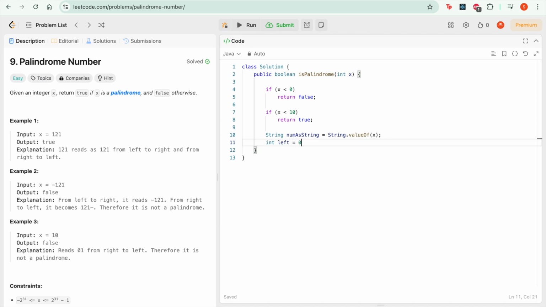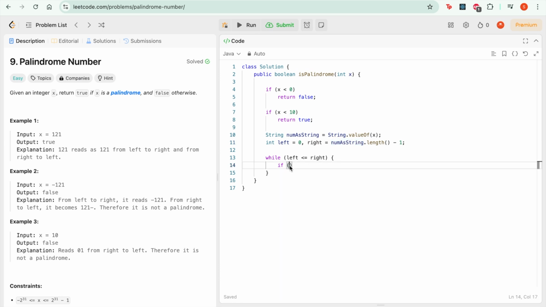We say left is equal to 0 and right is equal to numAsString.length() minus 1, and then while left is less than or equal to right,